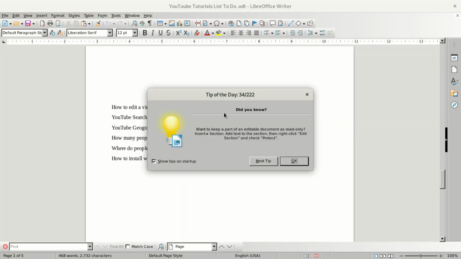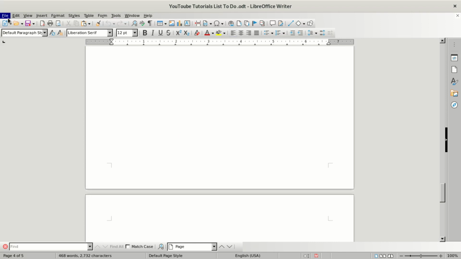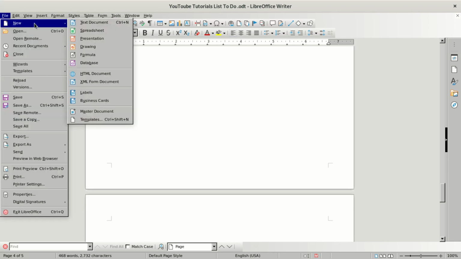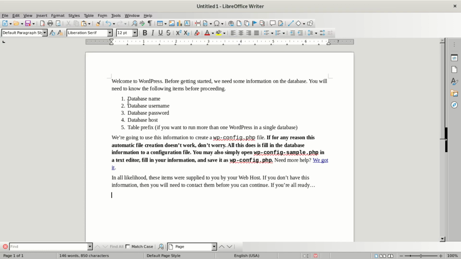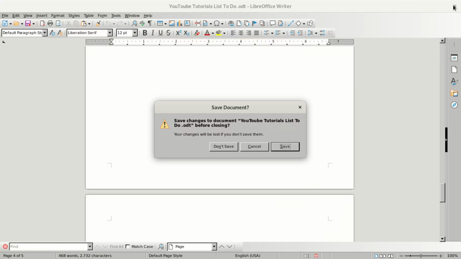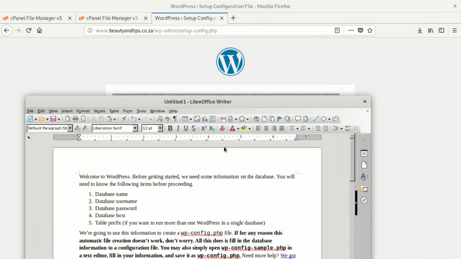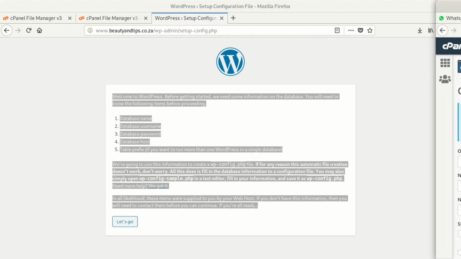Okay, so that is super good. We're gonna create a new file here, and we paste it here. Yeah, so now we have that file. We close this file here. We can now remember what they need from us. You need to create your database. Where do we create your database? Go to your